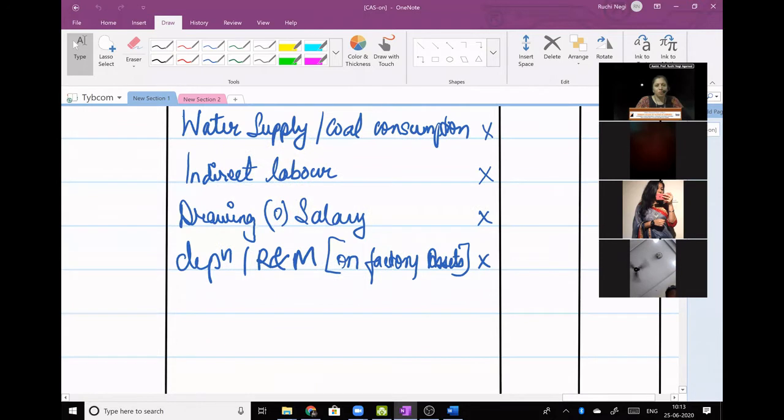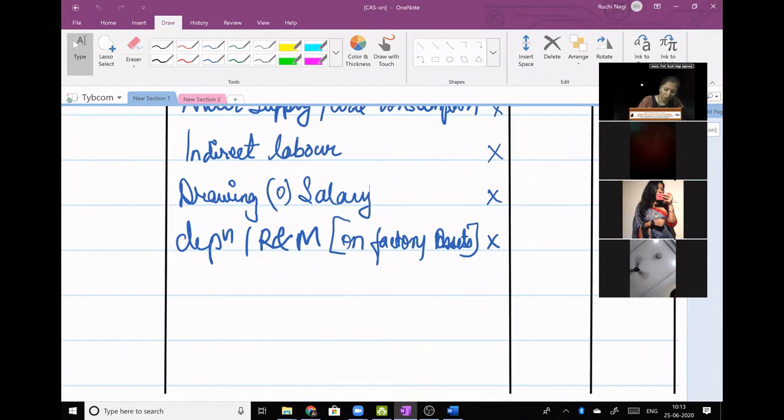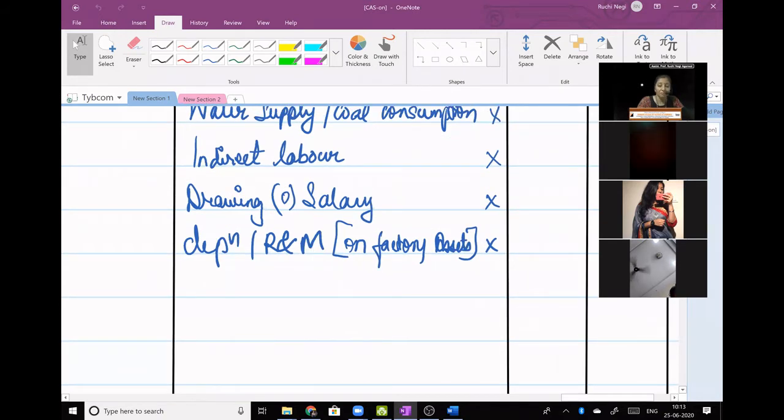Right, so just remember everything should be factory related. Don't rote-learn things here. I am just giving you an example, but don't mug it up. Try to remember it with logic. You will never forget it. Otherwise the format is so lengthy, two pages for this format, right? So it is not easy to mug it up. If you remember it with logic, you will always remember it. The way I have done it, I don't have to mug up cost sheet. I never did as a student also, never mugged up cost sheet, because it's not possible to mug up a two-page format.